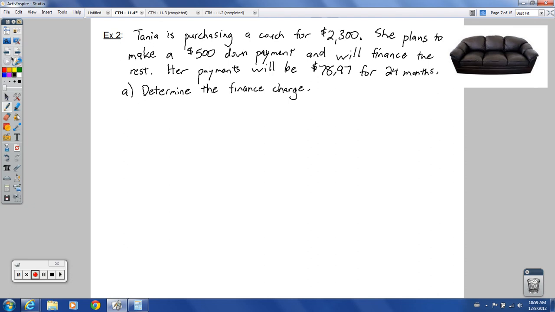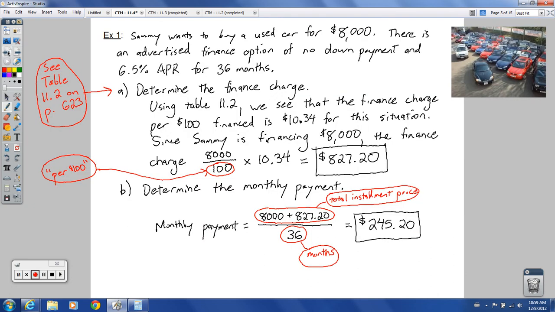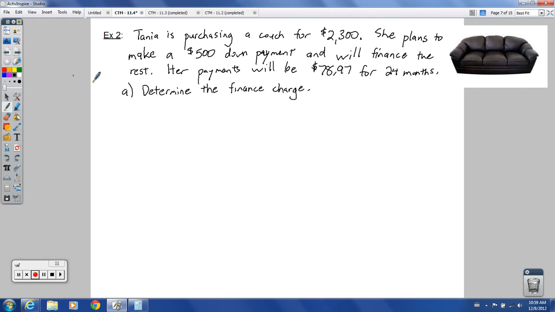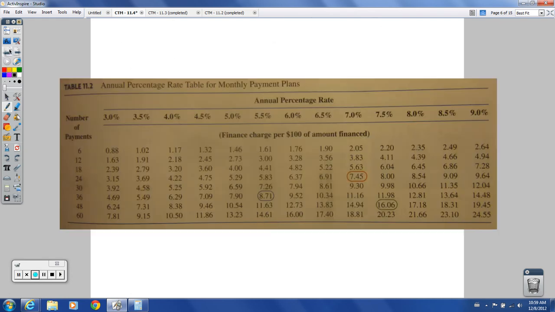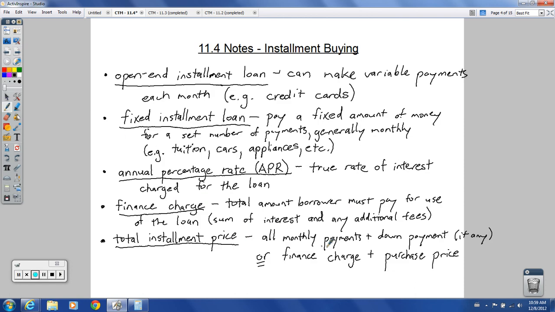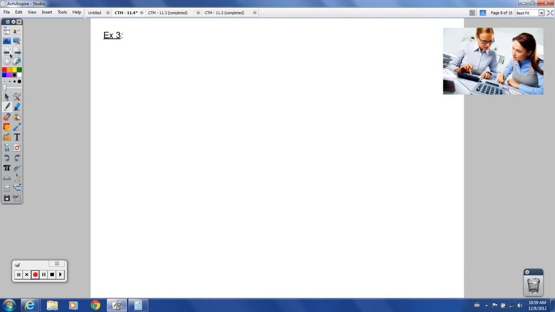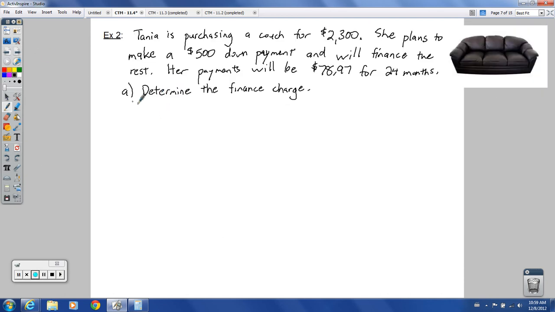And so for this one, go back to our definitions here. The total installment price is all the monthly payments plus the down payment. We did have a down payment here that we made. So the total installment price, let's see, let me go back to that. All the monthly payments. We don't know the total of the monthly payments yet. We have to figure that out. So, determine the finance charge here. It's going to be,